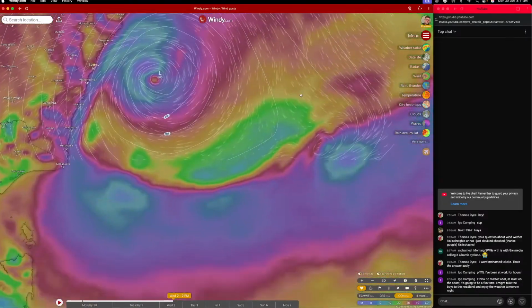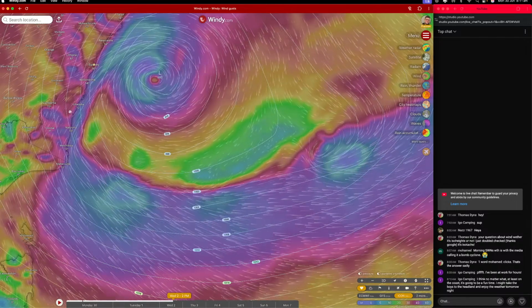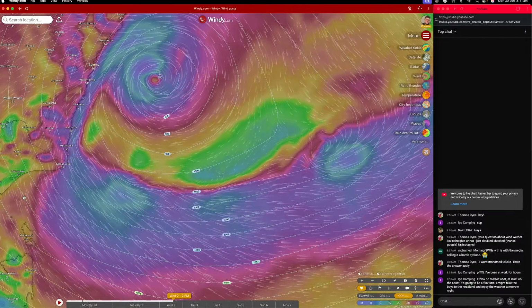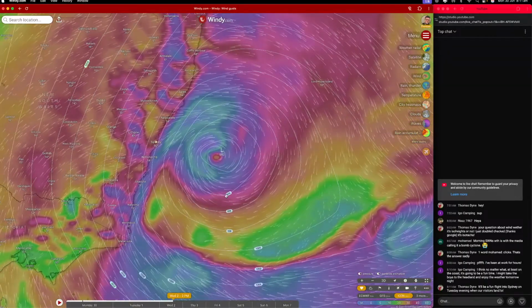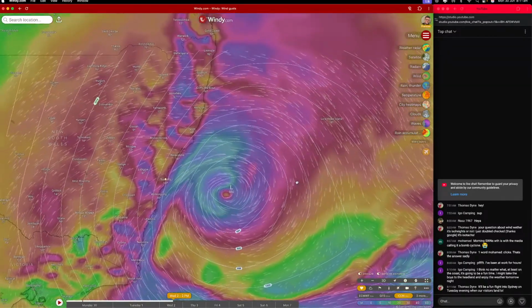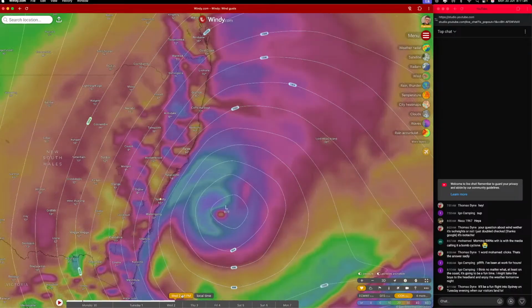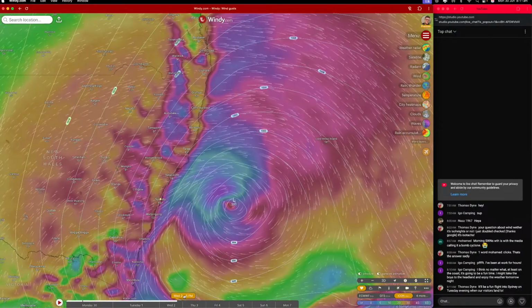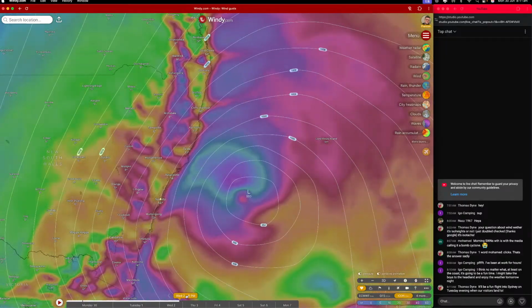And if we drag it out, you can see there's still the trough down here well to the south, feeding some of the moisture in, but generally it's ploughing into now Victoria and Tasmania and this low is definitely its own beast by then. Very, very nasty system out there Wednesday. And thankfully, most of it is well out to the coast, although there will be some pretty nasty winds right along the east coast